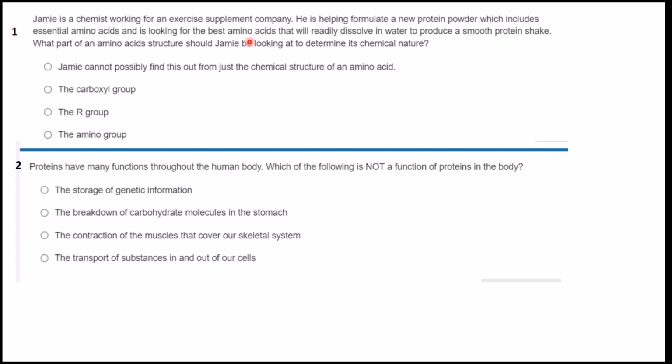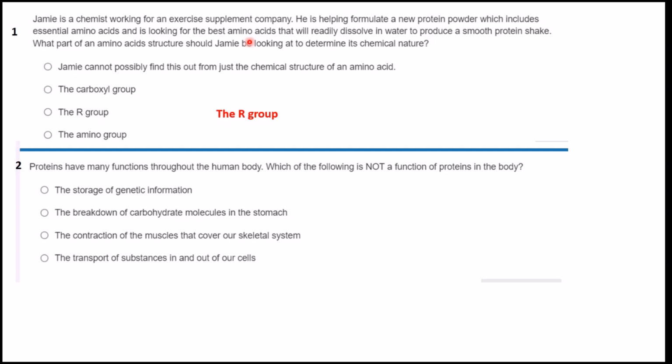And another support for R or amino group. In 3, 2, 1. Okay. I think the R group, guys, you are correct. Why? Because the R group of each amino acid is different, and each R group has specific properties that determine